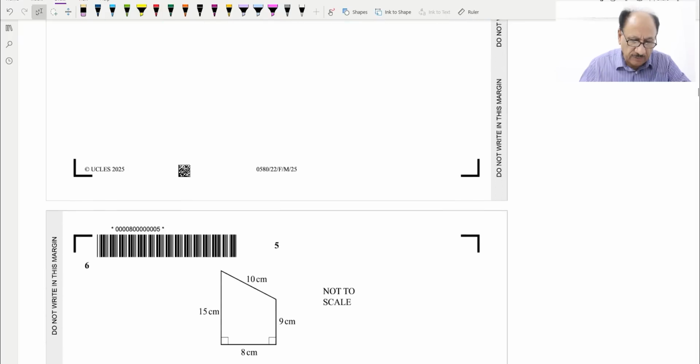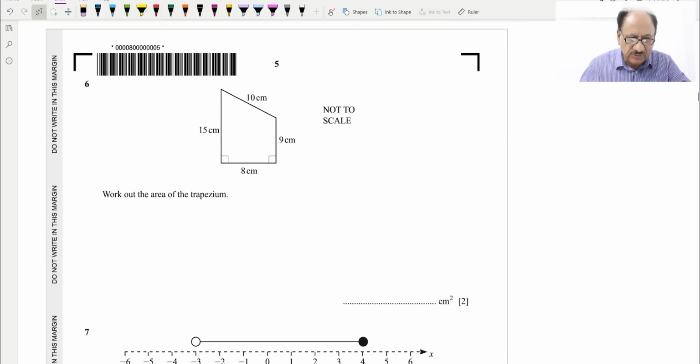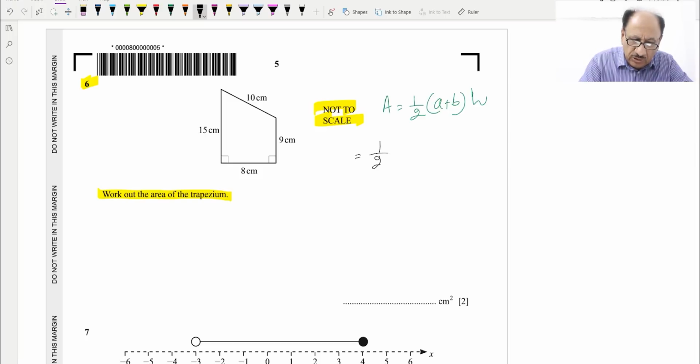Hopefully you understood this. Now question number 6 is a trapezium, and they're saying it's not to scale. Work out the area of the trapezium. The area of the trapezium formula is area is equal to half into a plus b into h, and this formula you need to memorize. And we will be replacing the values. Half into a plus b will be 15 plus 9